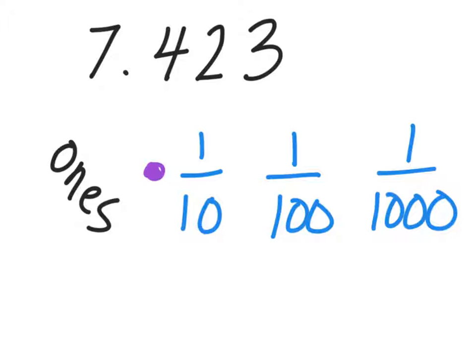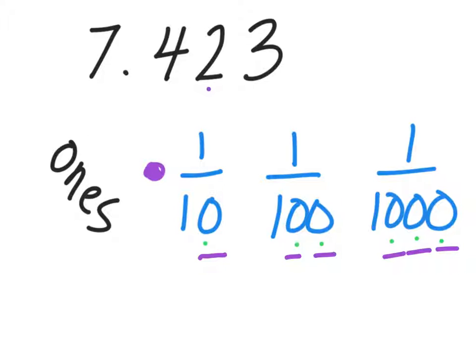What I want you to look at is, what pattern do we see? What you should notice is it starts with a 10, we have 1 0. Then it goes to 100, so we add a 0. Then it goes to a thousandth, then we add a 0. So as we move further along in place value, we are adding zeros. Now, let's look at another thing these zeros tell us. Our tenths place is one number to the right of the decimal and has 1 0. Our hundredths place has 2 zeros and is the second number to the right of our decimal. And our thousandths place has 1, 2, 3 zeros, and it is 3 place values away from